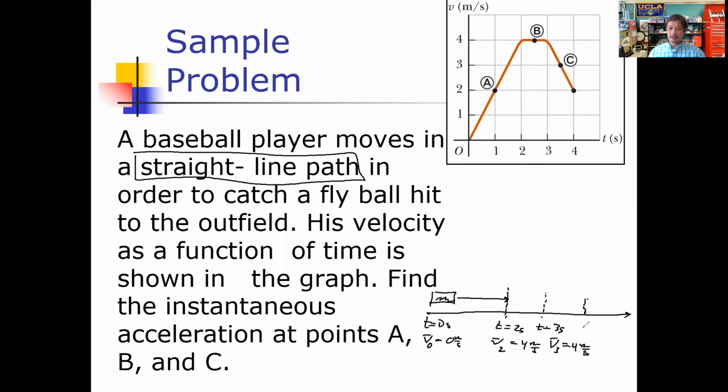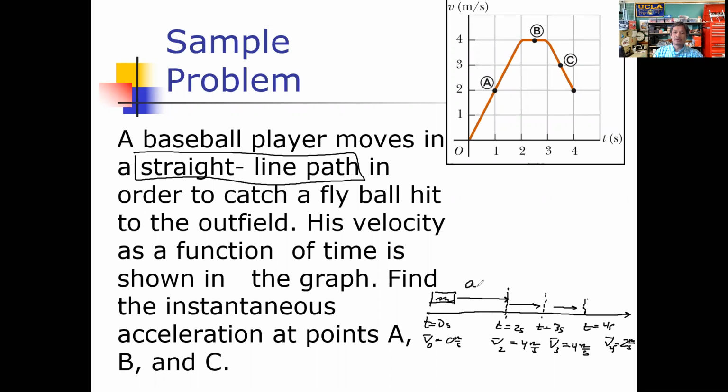Okay. Let's take that out to t is equal to 4 seconds. And therefore at v4, we have then speed is 2 meters per second. So we have 3 different time intervals that we're going to look at here. What the question is asking you to do is, what's the